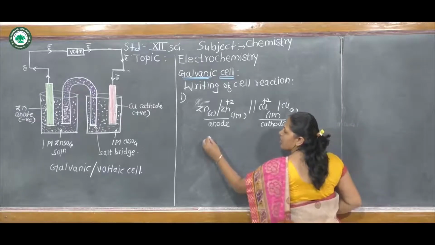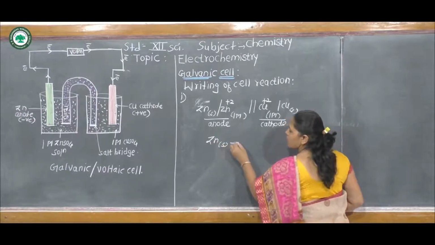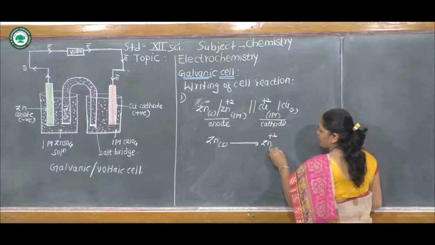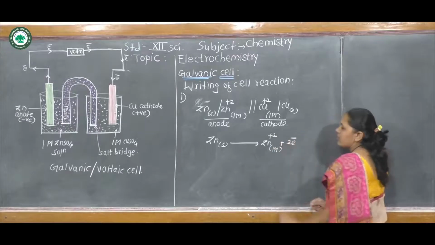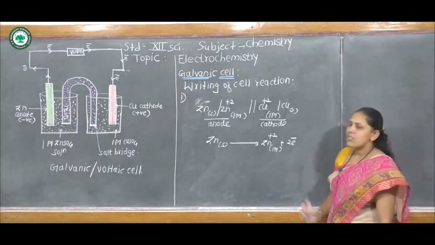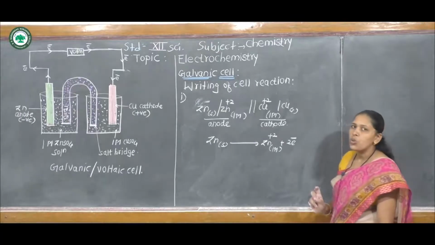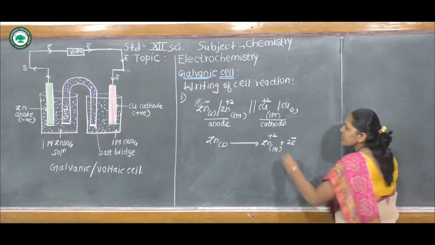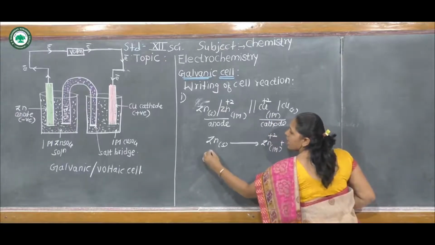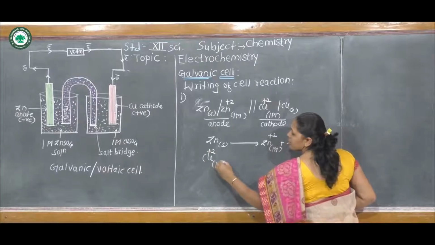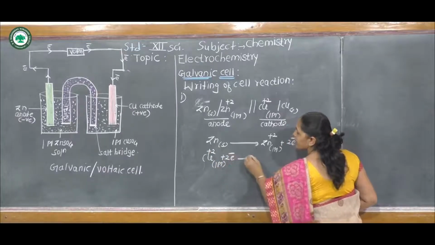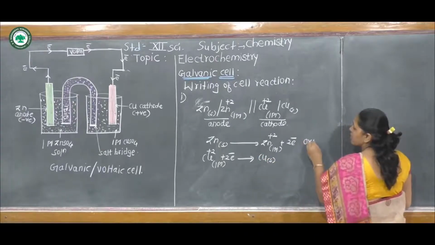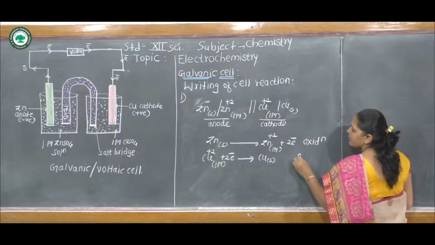First write oxidation half reaction. Zinc undergoes oxidation by loss of 2 electrons. Then these 2 electrons are transferred from anode to cathode. Here cathode is the copper electrode. These copper plus 2 ions accept these 2 electrons to form copper metal. This is reduction half reaction,